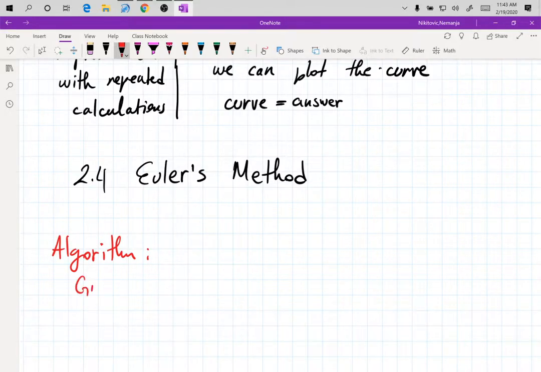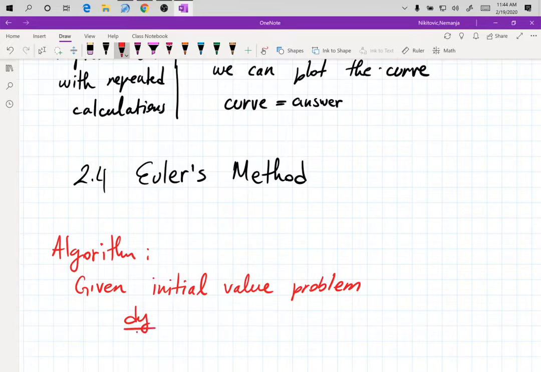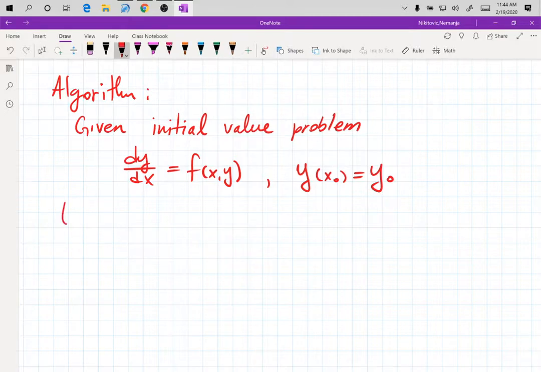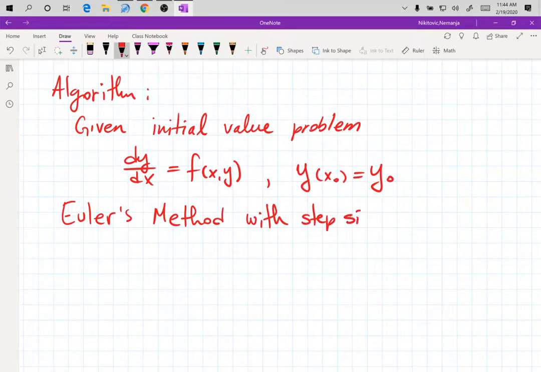Given an initial value problem, dy/dx equals f of x, y, with initial value x0, y0, Euler's method with step size h, and I'm going to underline that,